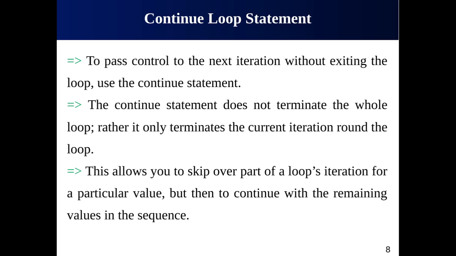Let's suppose the loop is going to be executed 5 times, from 0 to 4, but you want the loop to not execute the body once the value becomes 3, or 2, or 1. Then in that case you have to use the continue statement. It gives you the option to skip over the part of a loop where an external condition is triggered, but to go on to complete the rest of the loop.